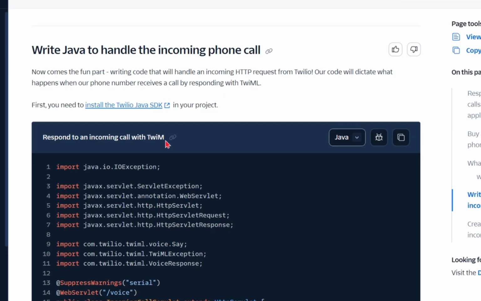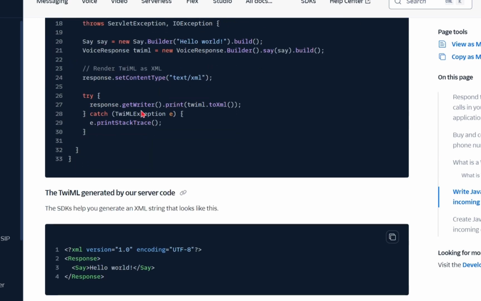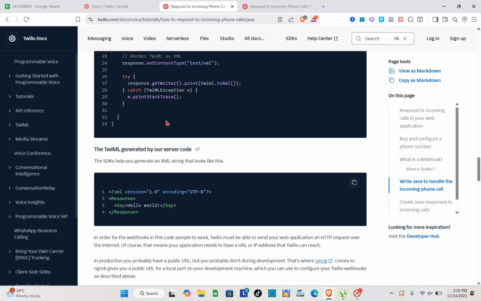So now comes the fun part: writing code that will handle an incoming HTTP request from Twilio. The code will dictate what happens when the phone number receives a call by responding with TwiML. First, you have to install the Twilio Java SDK, which you have right here in your project. Then the TwiML is generated by the server code, so the SDKs help you generate an XML string that